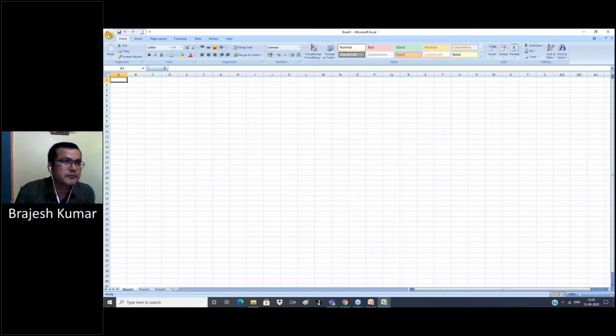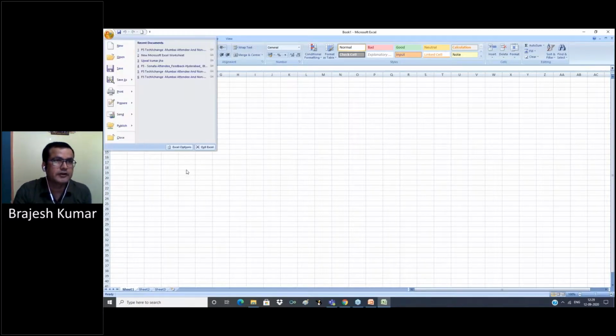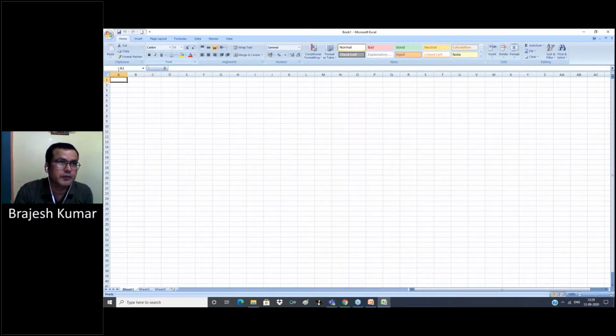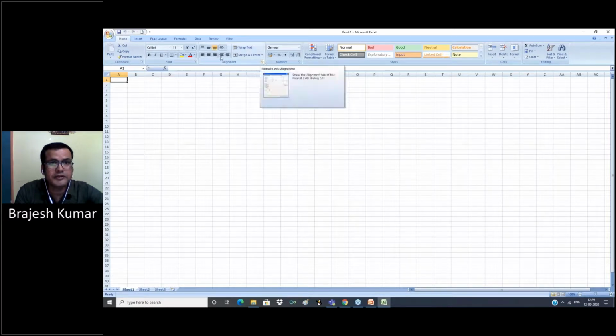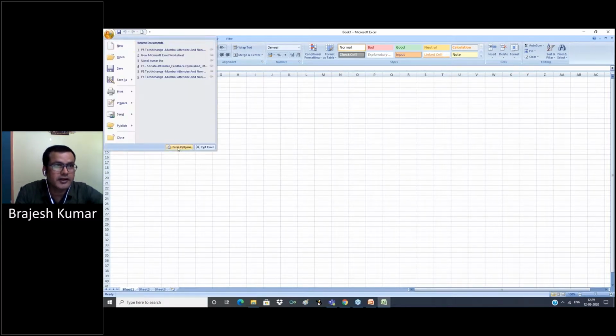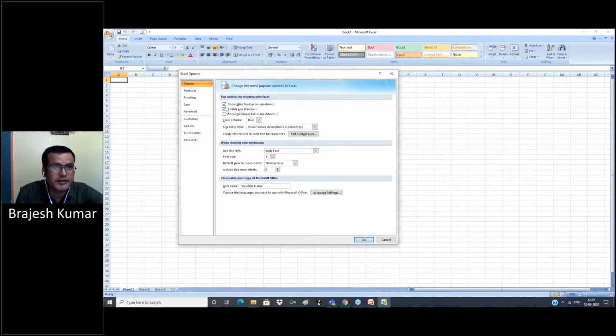So we were on Excel Options. Live Preview, Mini toolbar. When we select this option, you can see the use of this option. What is this? Where do we use it? This is Live Preview. Here in Excel Options we have already enabled Live Preview. We have already enabled Show Mini Toolbar.